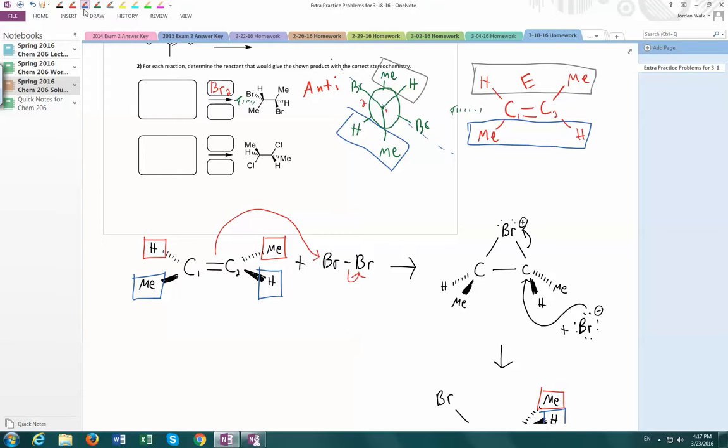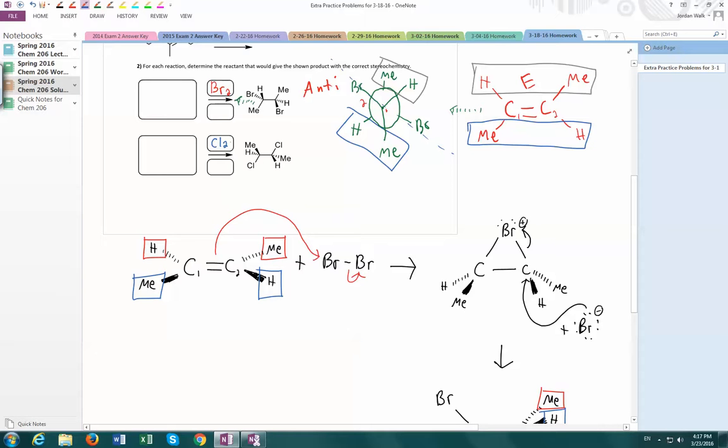It's, well, not a halohydrin, just a halogenation, right? Because in a halohydrin, we would be adding a halogen plus water. So in this case, we're doing a halogenation, specifically a chlorination. We learned that we can treat a double bond with Cl2, and so ultimately that will lead us to